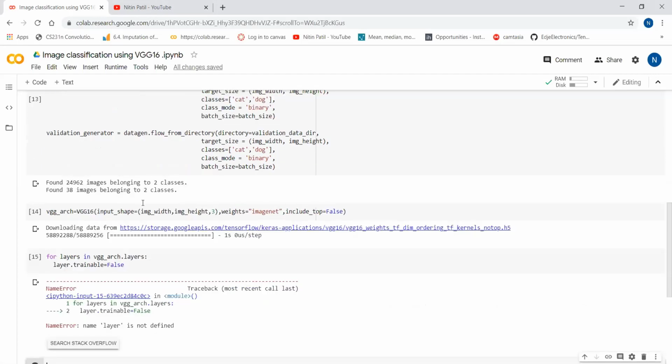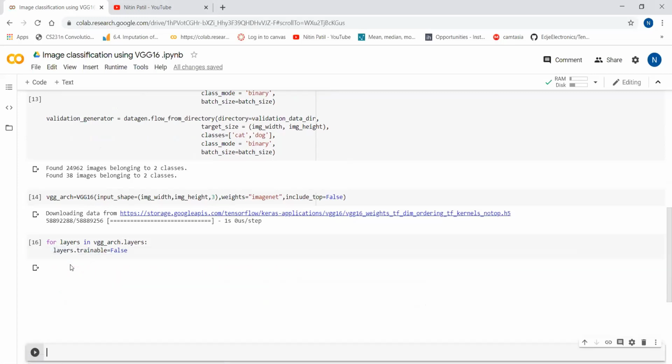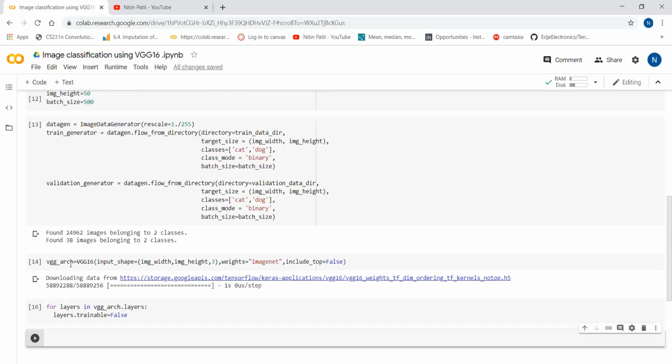Okay, I'm making some typo. This way we tell the model not to train the predefined VGG16 layers, so whatever weights are there, use those weights.